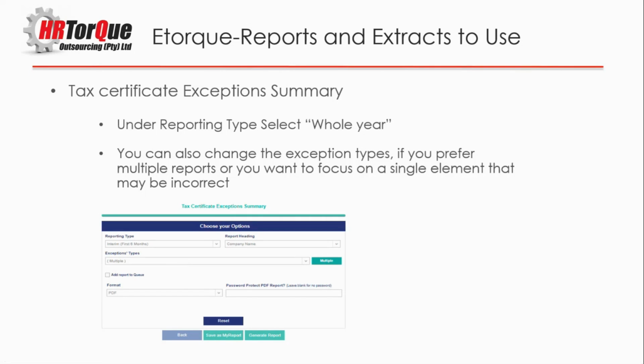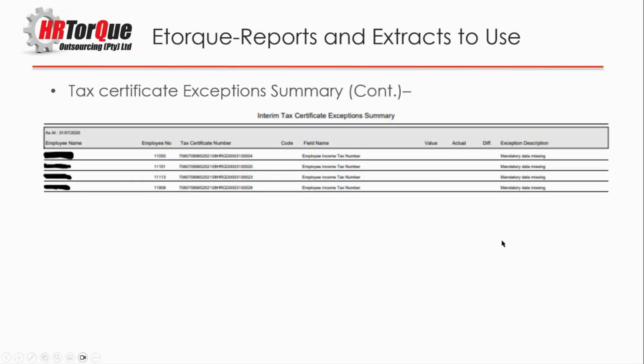So for argument's sake, let's say in March every year, you want to check the previous year for tax reference numbers, you could select just invalid tax reference numbers or something along those lines. All right, so that's the idea. If you want to focus on a single element, you can do that. Alternatively, you can run it for the whole lot, and it gives you this kind of report back to say